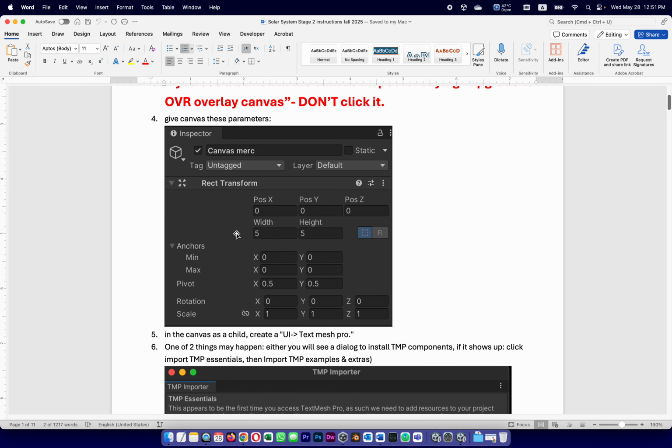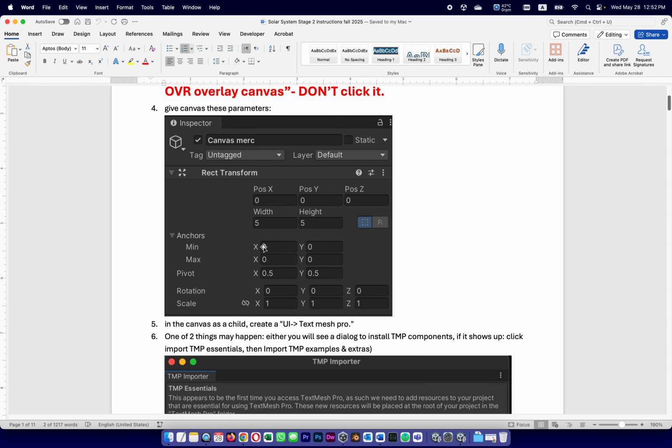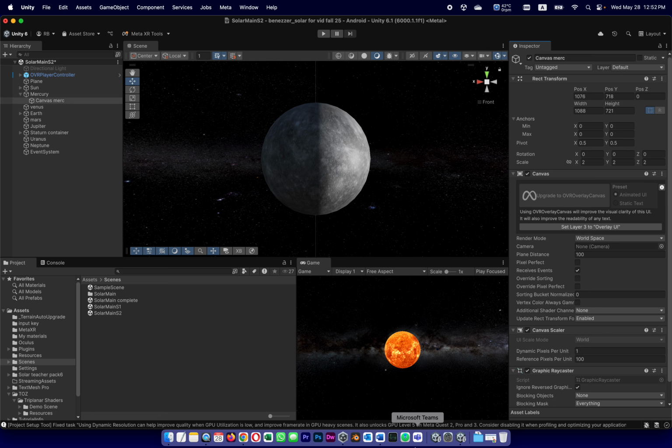Then we're going to give it some parameters, which are really simple. All of these are really the defaults. We're going to do 0, 0, 0 and 5 by 5. So I'm going to reset where I got 0, 0, 0 instead of width 100 by 100, 5 by 5. Remember, the size of the planet itself is 1, so it's about 5 times bigger than the planet. Should be more than enough. Then,